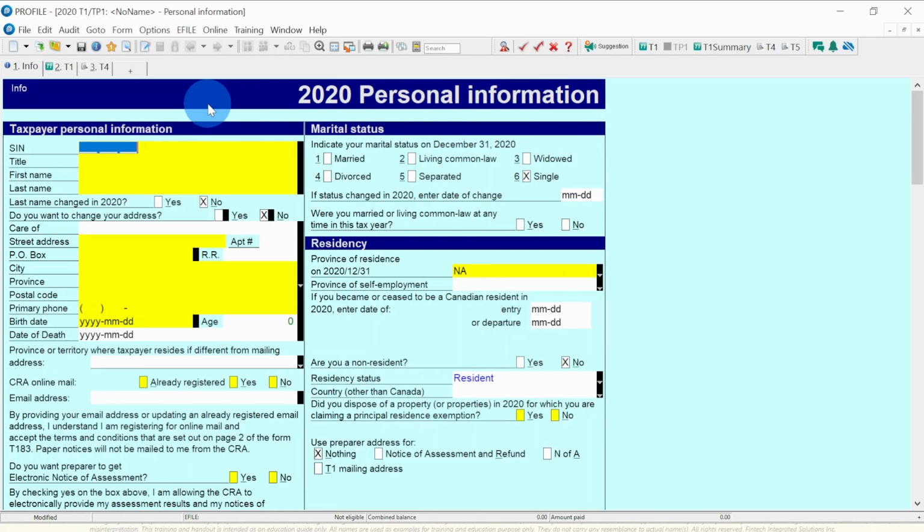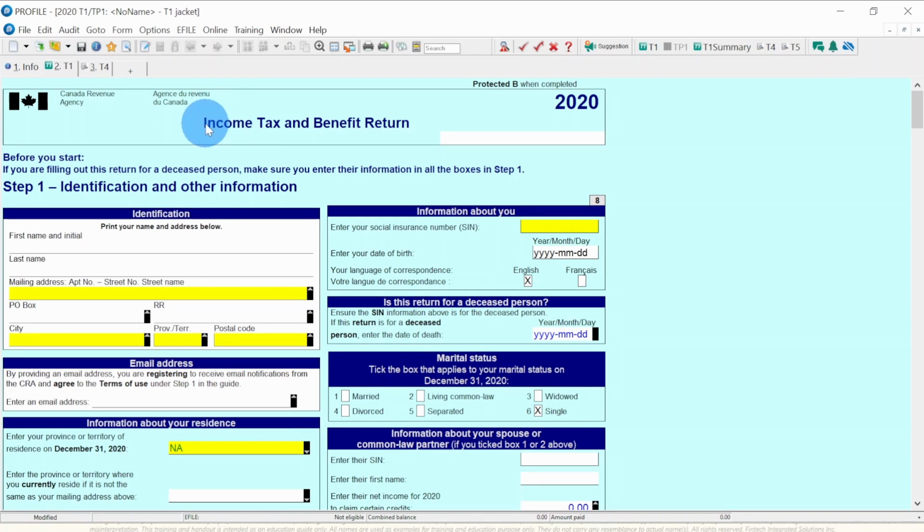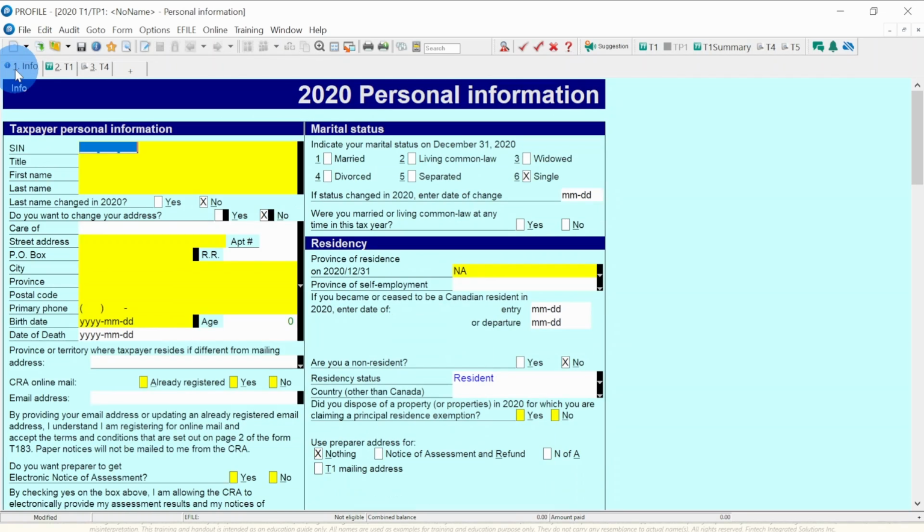Now this is not the form. The form is the one which is the second tab, that is T1 over here. Okay, so this is the income tax and benefit return form right over here. But because I use ProFile, right over here in ProFile we provide the information